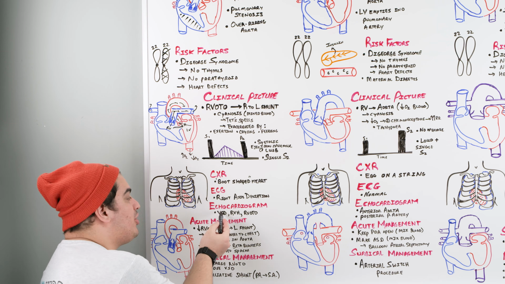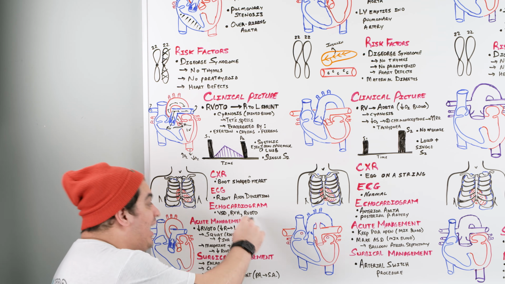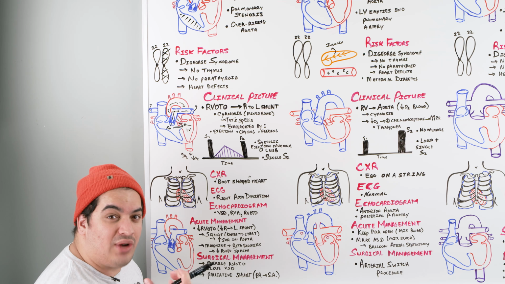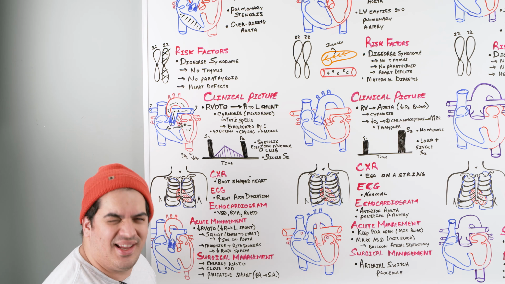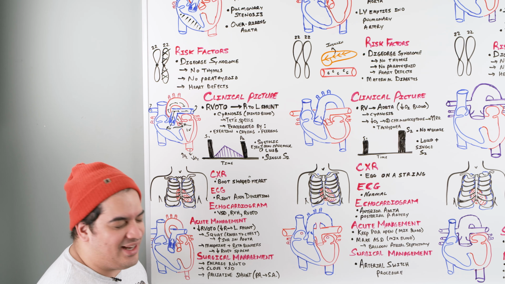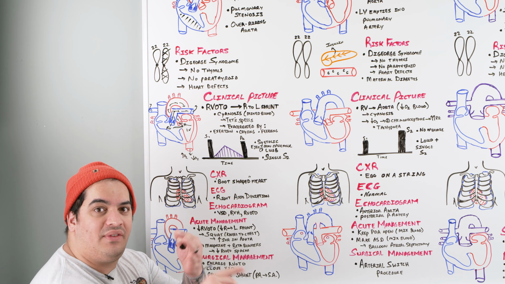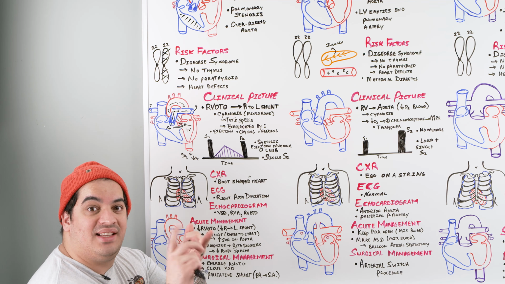but what's important in the definitive diagnostic test is going to be the echo. The echo will be able to show us that they have a VSD. It'll show us the right ventricular hypertrophy. It'll show us that right ventricular outflow tract obstruction, the pulmonary stenosis. What was the other overarching theme again? An overriding aorta. These are the big things to think about. So to quickly sum up, tetralogy of Fallot: RVH, pulmonary stenosis, VSD, and